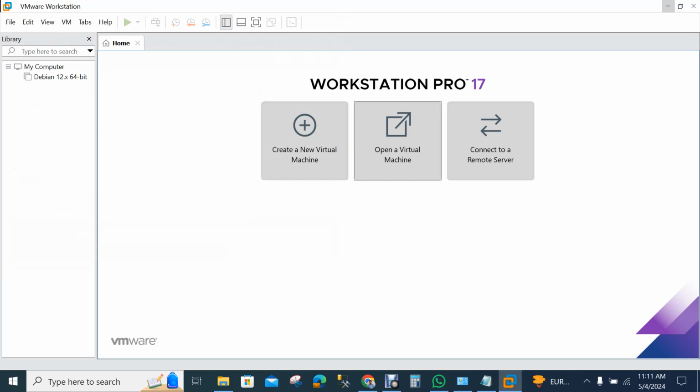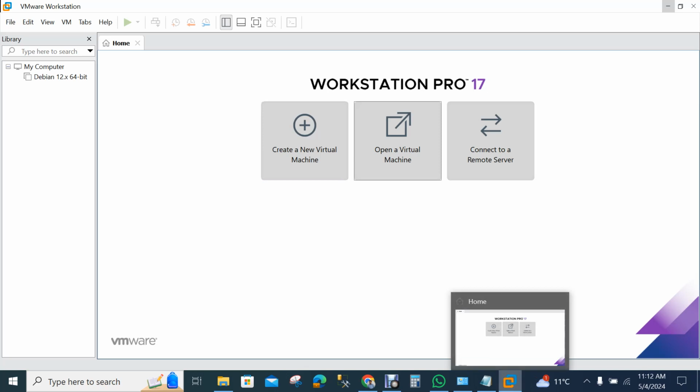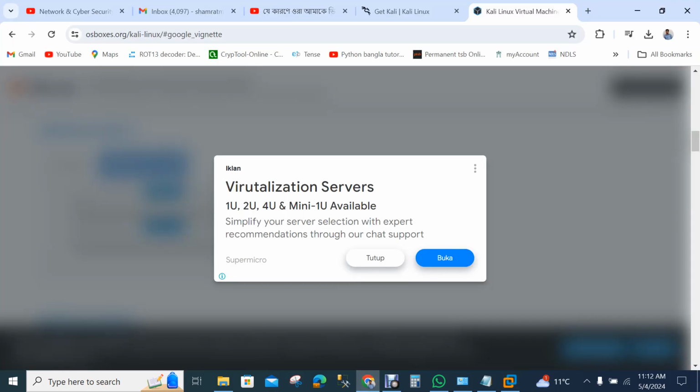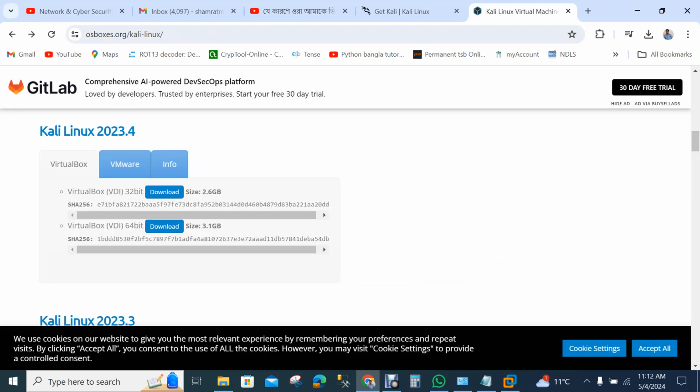If you have your ISO file or any file, ISO or RAR, then you can use this to create a new virtual machine. But if you have a complete file, I'll show you how I search for Kali Linux on the computer.